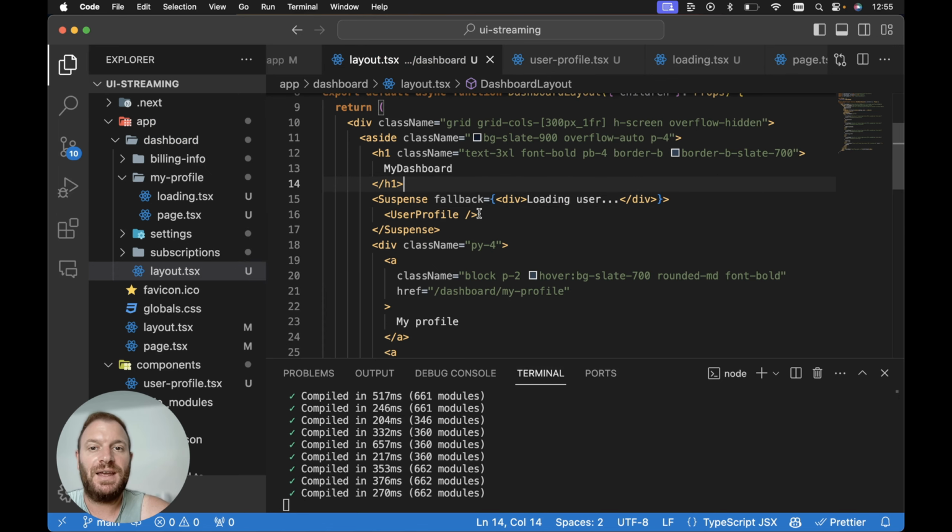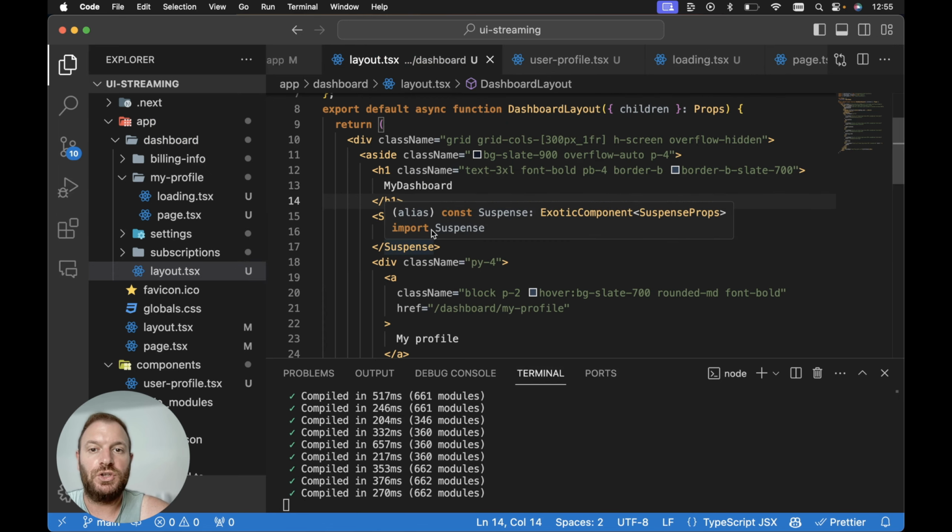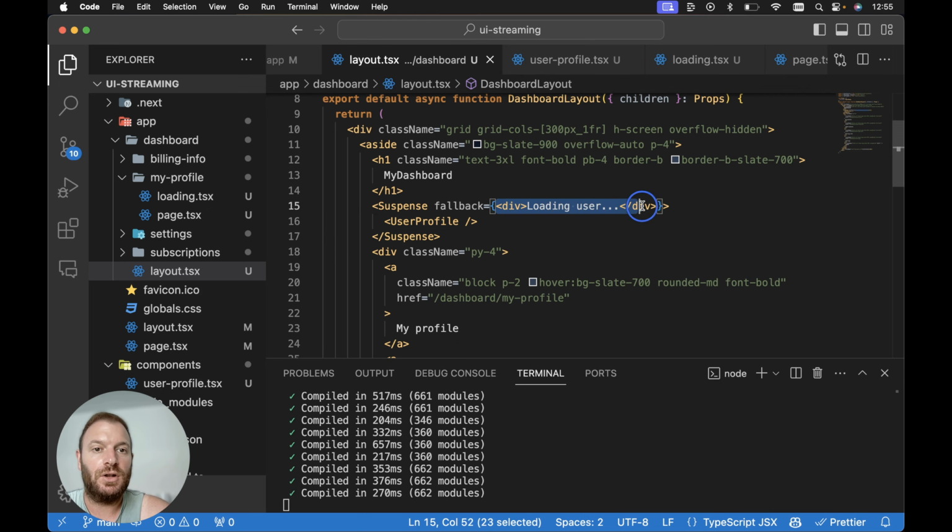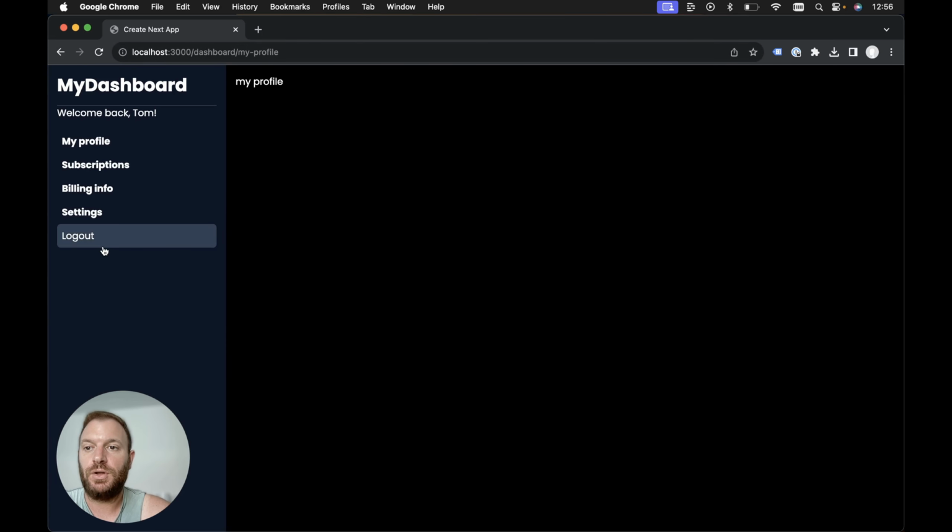So what's going to happen now is, because we've wrapped our user profile in a suspense component, it's no longer going to block the rendering of the dashboard layout. And instead, it's going to render the loading user before then rendering the user profile. So after the user profile has finished loading, this loading user message will no longer display and will display the user profile. So let's confirm this. If we head on back to the code, first of all, I'm going to navigate back to the home page. Then let's click getting started, and we can see it's instantly loaded, and we can see our loading state for the user details, and we're no longer blocking the rendering of common sections of our page